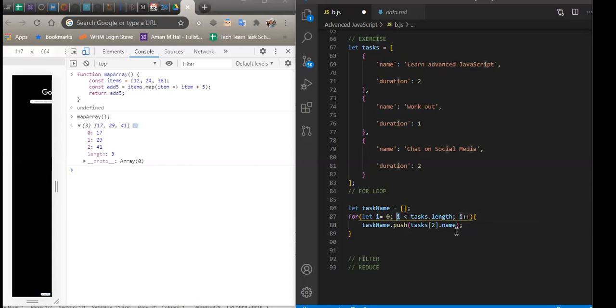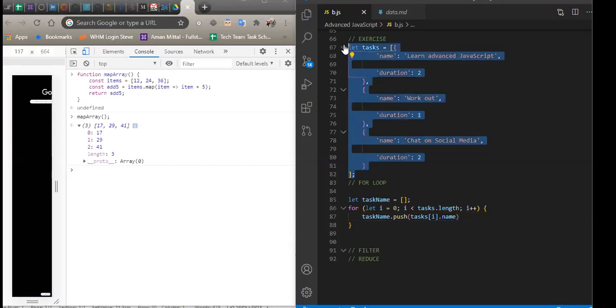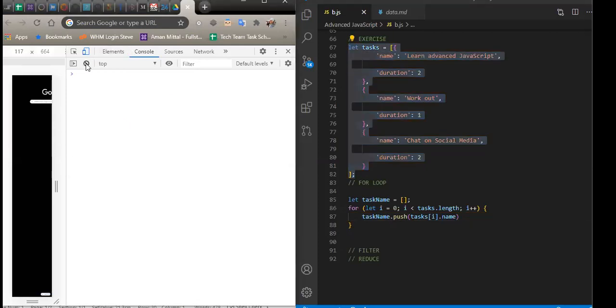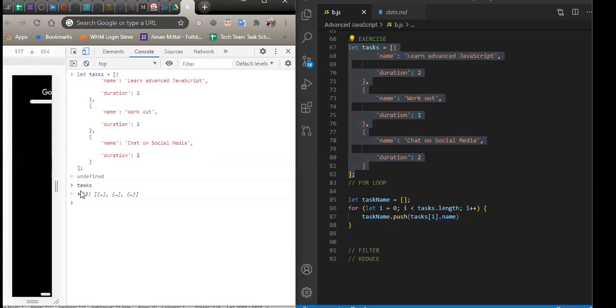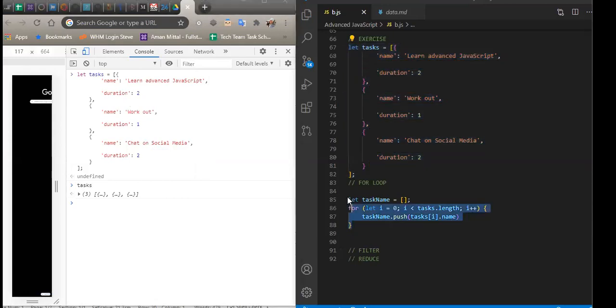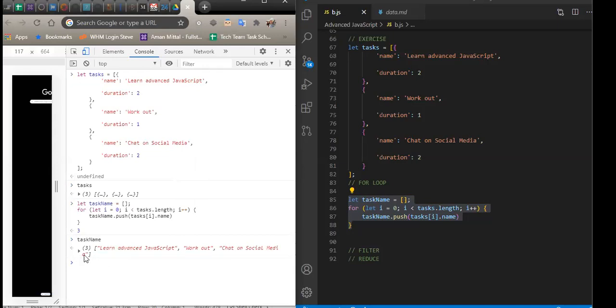So let's do that and let's see what we have in the console. So I'm going to copy this task here, paste it in the console. We have this. So if I check task, do we have it? Yes. So I'm going to run this particular code. If I run it here now, what do I get? So I get 3. So if I check task name now, I've gotten all the list of the tasks